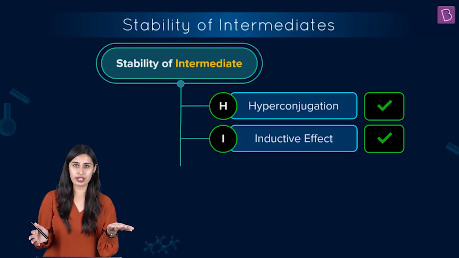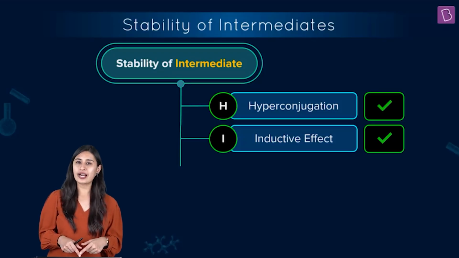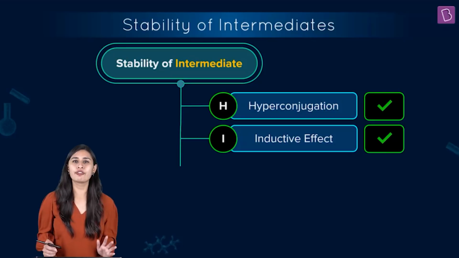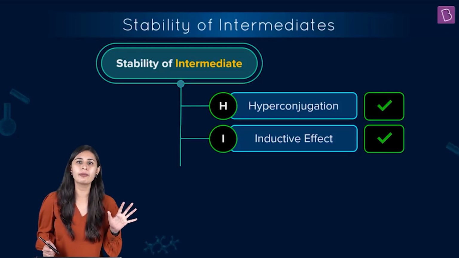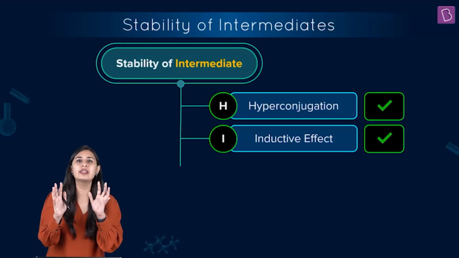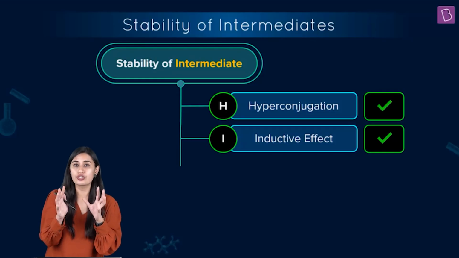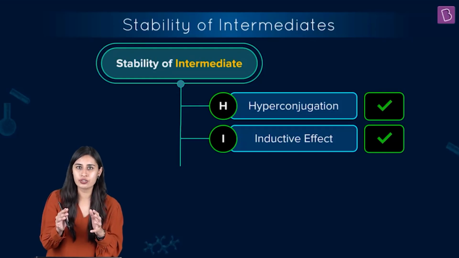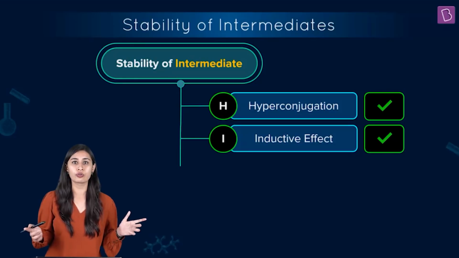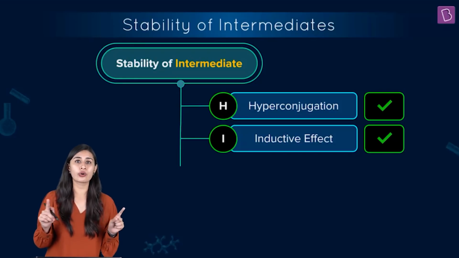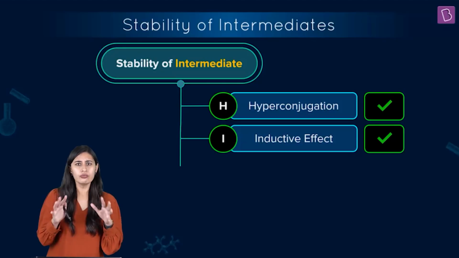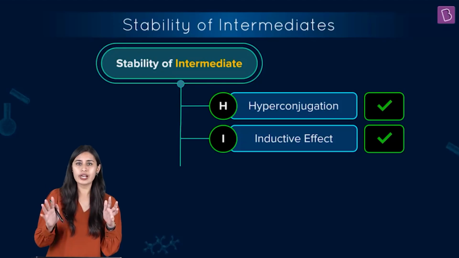We think in terms of alpha hydrogens. What about inductive effect? In inductive effect, we simply follow the Maha Mantra that we need to stabilize the charges. We need to neutralize the charges. Charges are a reason of sorrow. We don't have to intensify the sorrows. We have to neutralize the sorrows. We have to neutralize the charges.